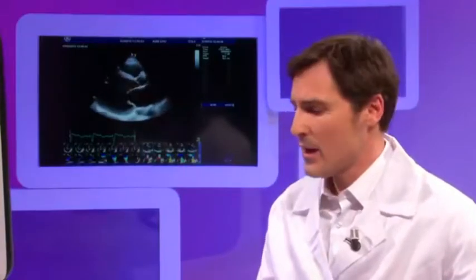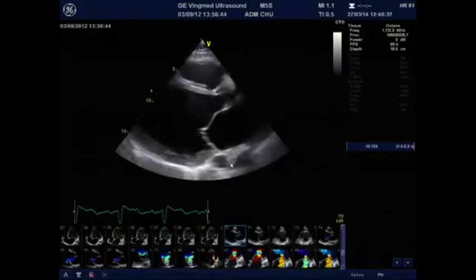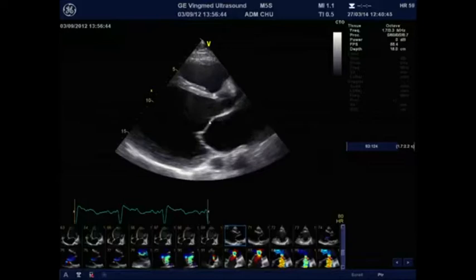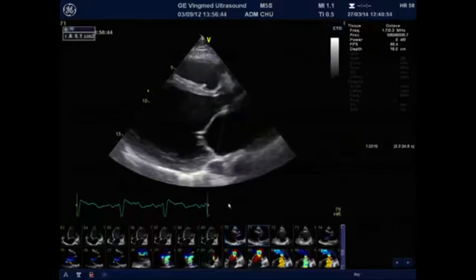So to measure the severity of the mitral deformation, we can use the measurement between what is called the mitral leaflet body and the annulus plane, and this is called the systolic tenting area, which is clearly associated with the severity of the disease. The measurement is done between the mitral leaflet body and the annular plane, and here you have 6 square centimeters of systolic tenting area, highlighting the severity of the deformation of the